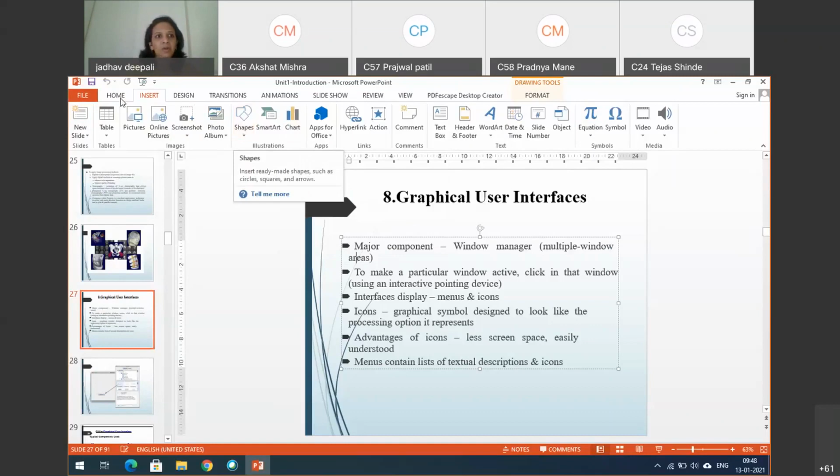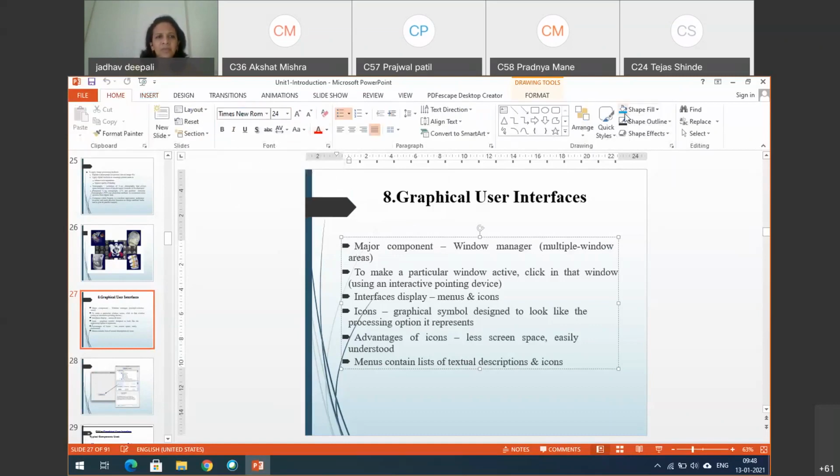So when I click here, you can see different icons. Where is the text? No, only the icon is given. What does it indicate? Justify. Suppose I want all of the text on the left-hand side. I use this one, align on the left-hand side. Icon is given there. Whether the text is given there? No. What is the advantage of icons? Less screen space, easily understood. So instead of writing align left, Control L, what it gives is only the icon. So it requires minimum space.